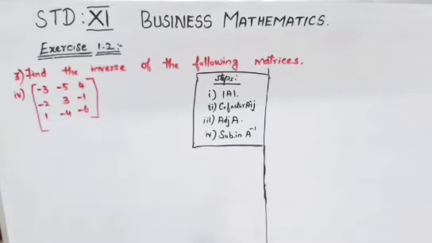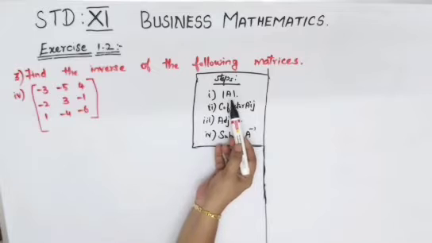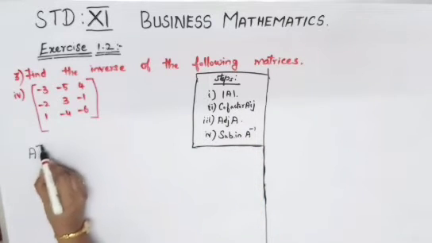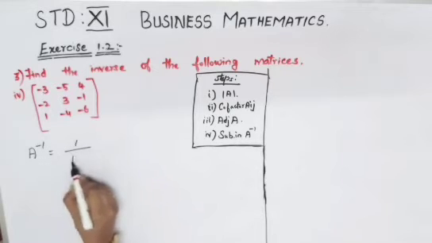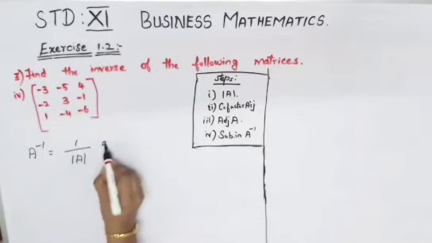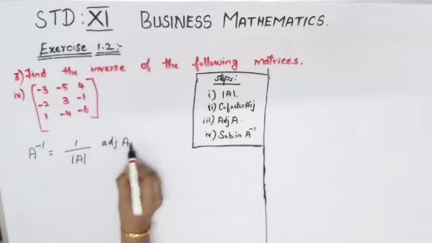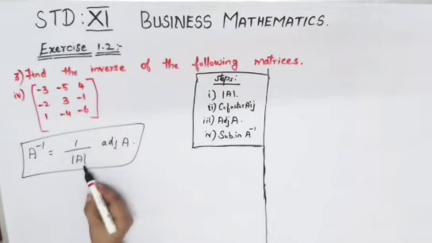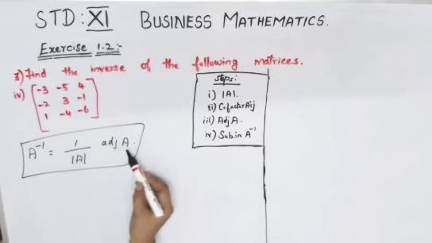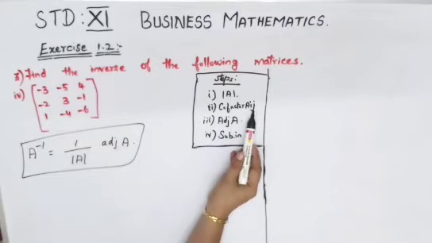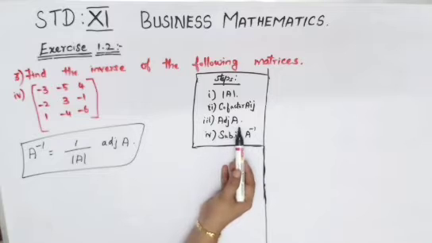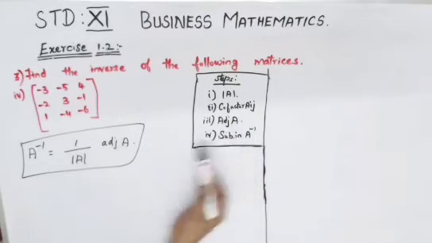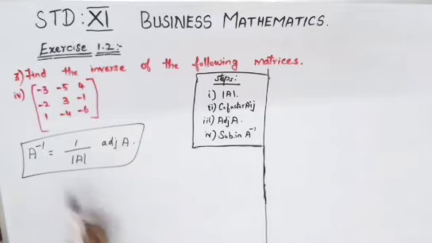So, your steps are just written here. Determinant of A is your first step because you will have to find your A inverse. So your A inverse formula is 1 by determinant of A into adjoint of A. First step is determinant of A. Next, to find the adjoint of A, you need cofactor Aij. The next step will be adjoint of A. Once you have found your determinant of A and adjoint of A, you can substitute in this formula. With that your A inverse will be done.